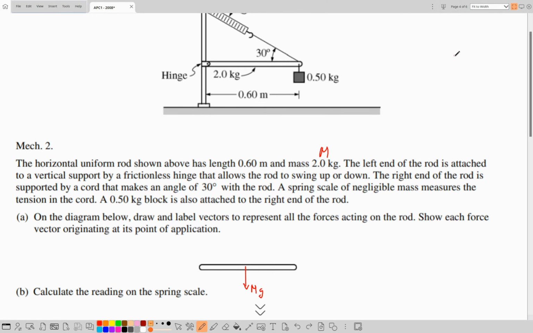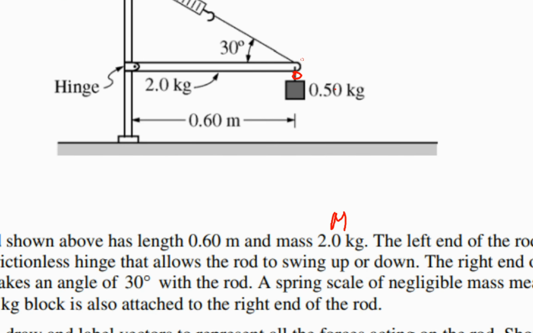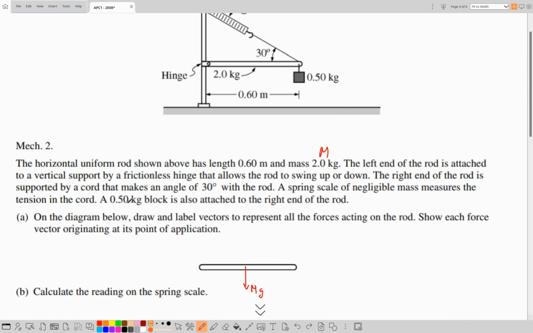Now here we have the force provided at this point due to this mass, and let me say this is a small m, so here we have also mg. And notice that I have represented it smaller in length because 0.5 is less than 2,